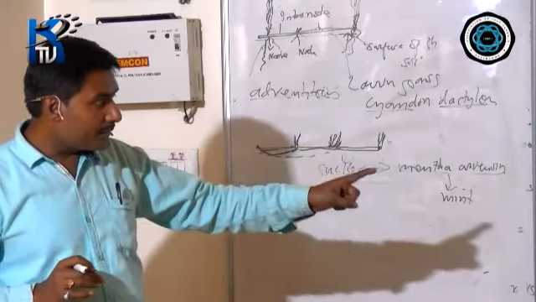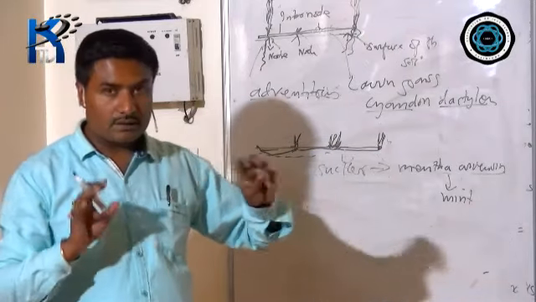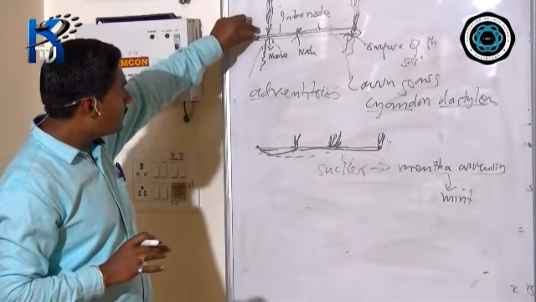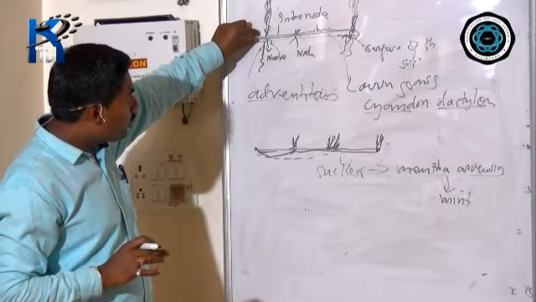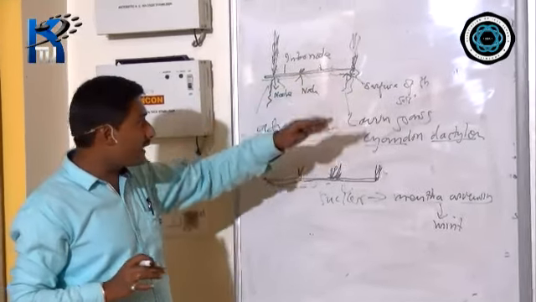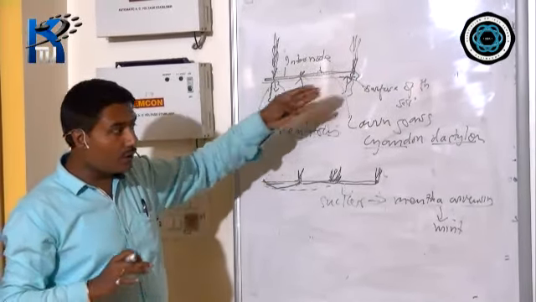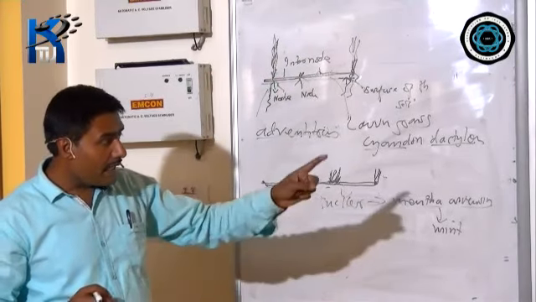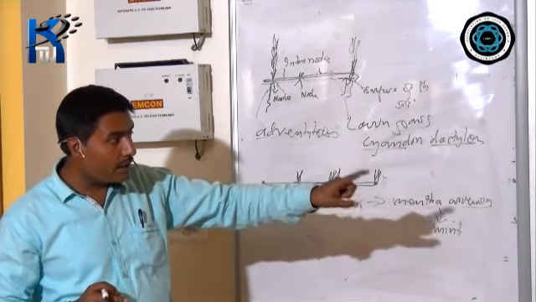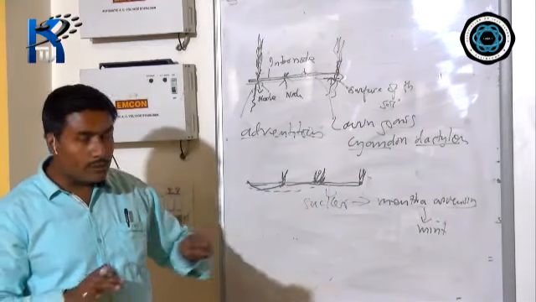Another one, the third category of subaerial stem, is offset. An offset is a short and thick runner. Again, when I say runner, that means it should go on the surface. The surface can be water, soil, or whatever the medium is. And offset is a short and thick runner-like subaerial stem which grows in all directions.